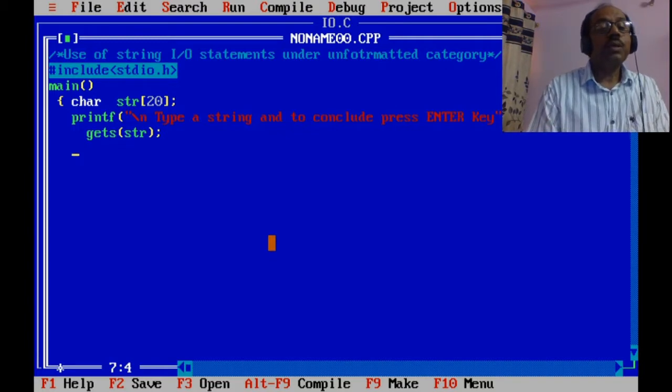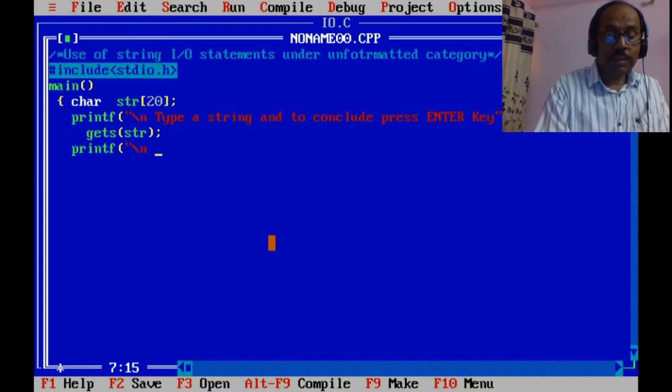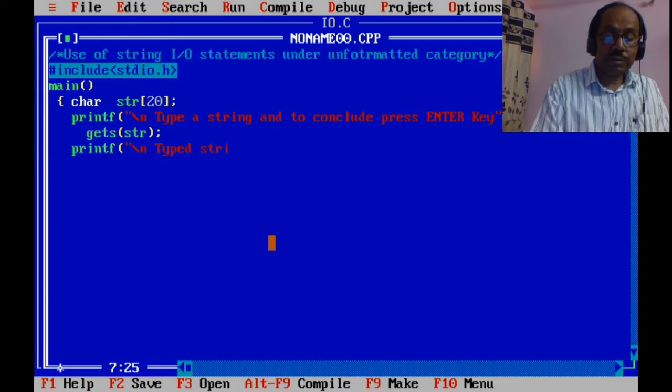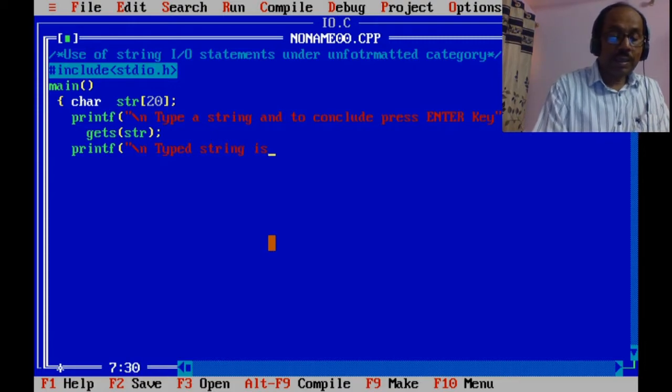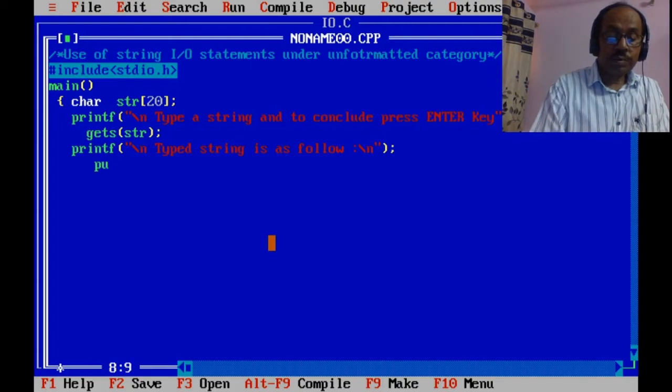Again we will put a label printf \n type character type strings is as follow. puts(str).